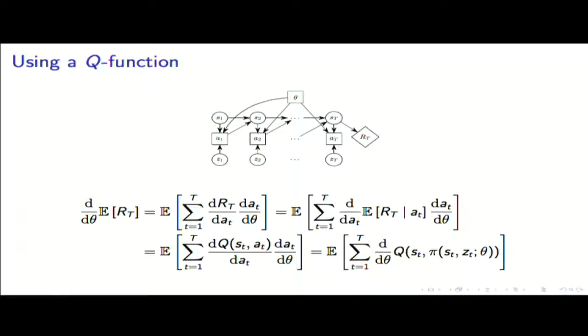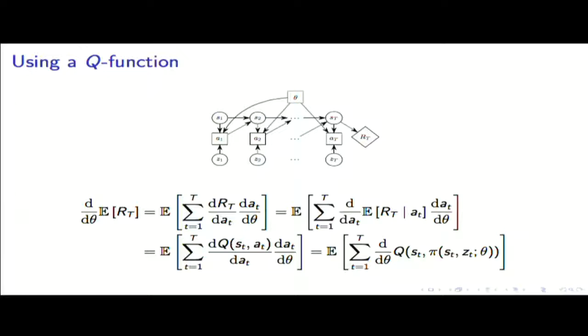Okay. We're stuck briefly, but function approximation comes to the rescue. So what we can do instead of trying to estimate the dynamics model or use a known dynamics model is estimate a Q function, and that's going to allow us to compute this gradient. We have to do a pretty simple chain rule calculation here. We want to get the gradient of the expectation of the final reward. So just using the chain rule, we can say that the dependence on theta,